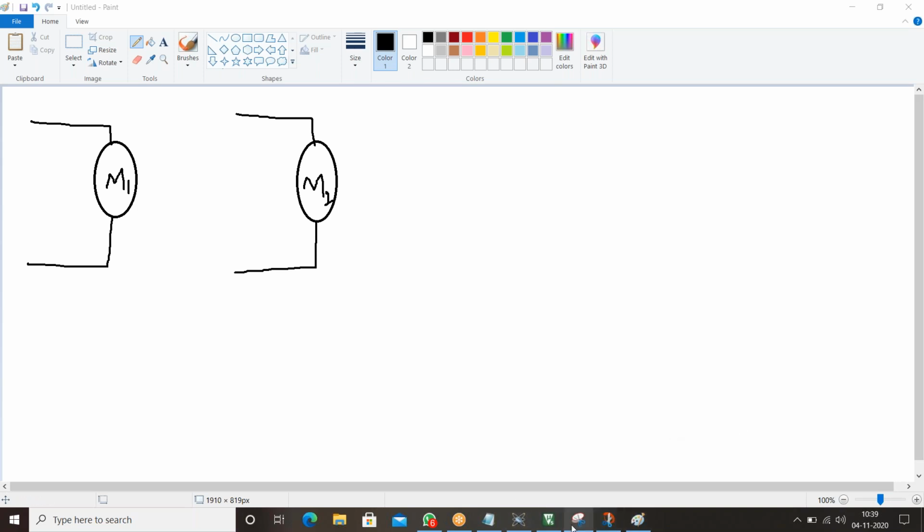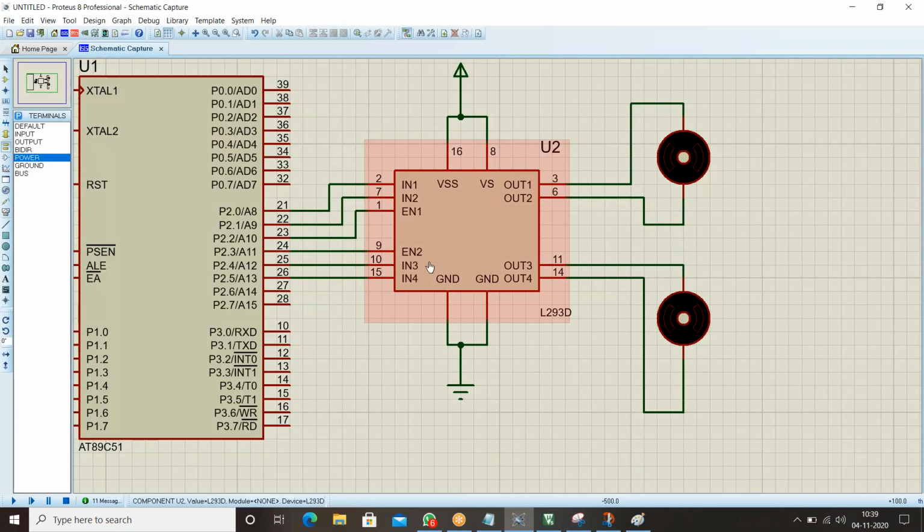Okay, fine. Guys, have you completed this? The hardware part is over. Hardware part is clear for you. Here I'm going to take the total port 2, but I don't want to use these 2 pins. I'll make these 2 pins 0 because I'm not using them, right? These are port 2 pin numbers 6 and 7, which means 2.6 and 2.7. I'm going to make these 2 pins 0 and I'm going to use these 6 pins only.